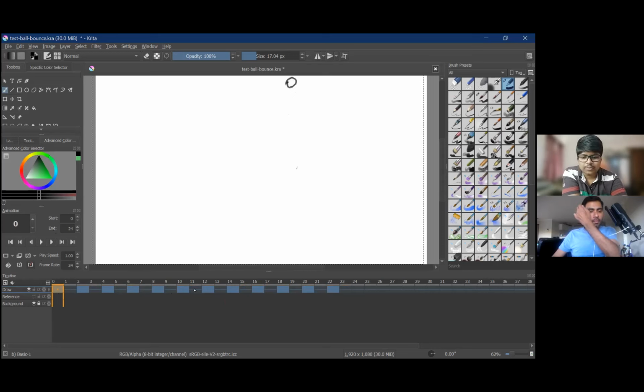So in this bottom section, you can see the timeline, and there are I think 24 by 2, close to 12 frames that are drawn here. The first frame looks like this, where you can see the ball almost at the top. In the next frame, you can see the ball has moved, but only a little bit. In the third frame, again it has moved only a little bit.